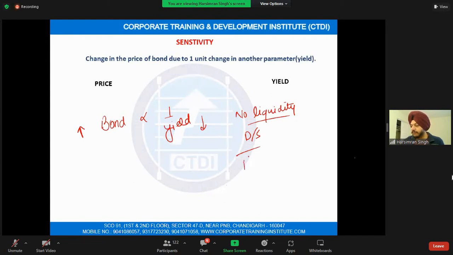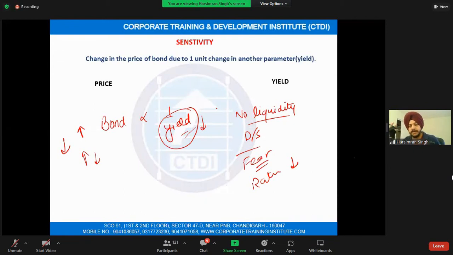There might be fear in the market that a recession is about to hit, and the price of a bond might be up or down. In these cases, there is no change in the yield, but still the price will go up or down. The rating of Tata Motors was dropped from BBB to D. The price went down. There was no change in interest rates. Are you getting me or not?